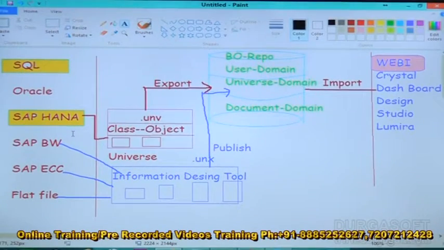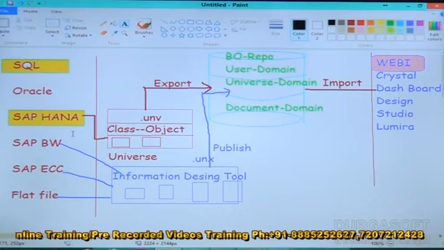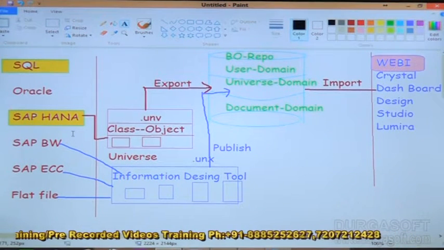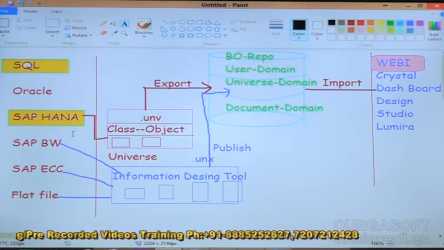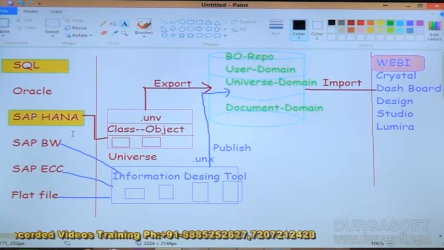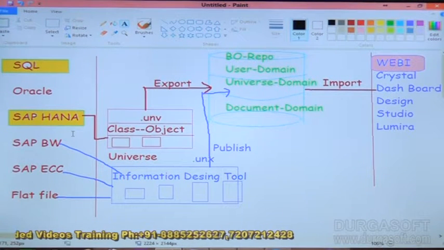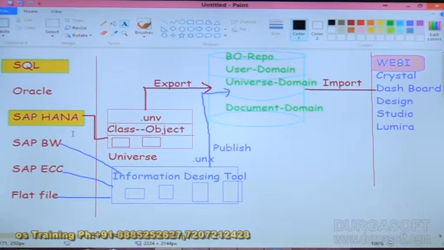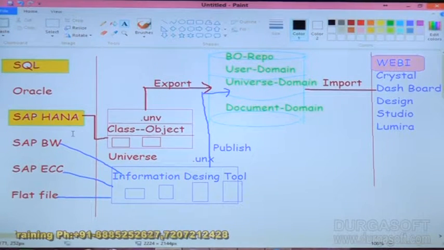Hi guys. So in the previous videos we already started the WebI tool, which we are doing. We are discussing the SAP BusinessObjects tool called WebI. I'm Raju, the SAP BO trainer. So we already started the WebI tool in the previous videos. Please refer to my previous videos, which are part 1, part 2, and now it's part 3 on WebI.